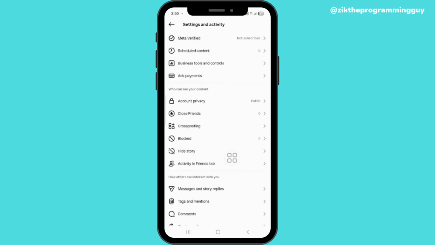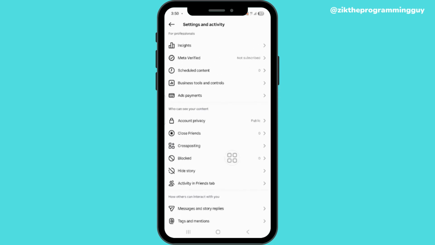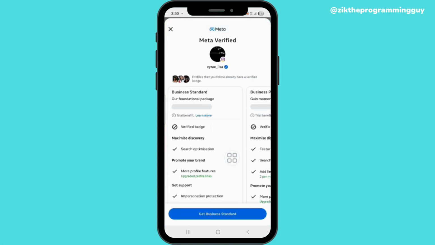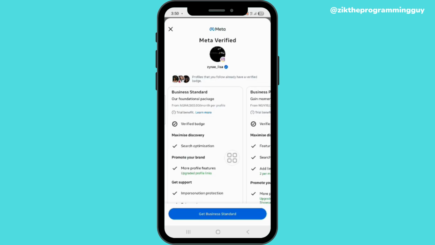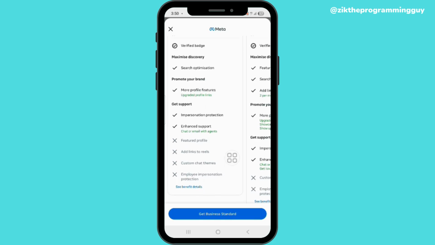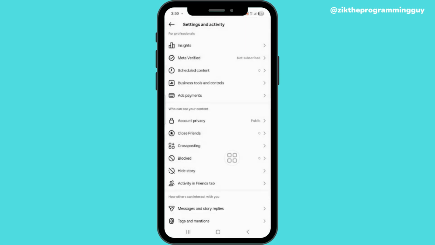I think the reason why is because I've not been Meta verified. So you have to go to the verification of Meta verified and make sure your account is creator standard or business standard. Once you go through all that process and you do all the things required, then you go ahead to